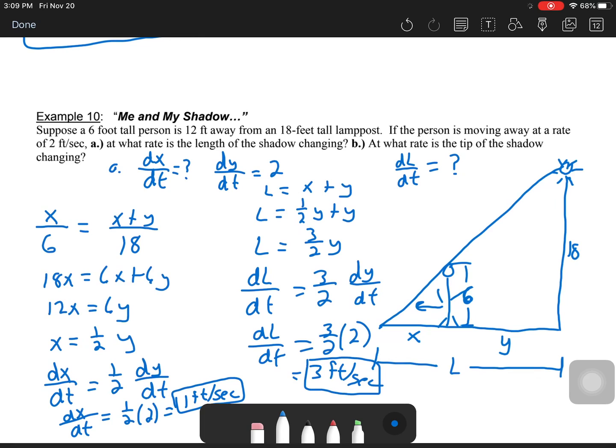Okay, so that's the rate at which the actual tip of the shadow is changing. Not in relationship to the moving person, but just from the stationary light source. Okay, so that is everything for the